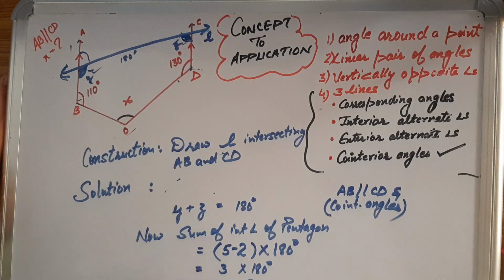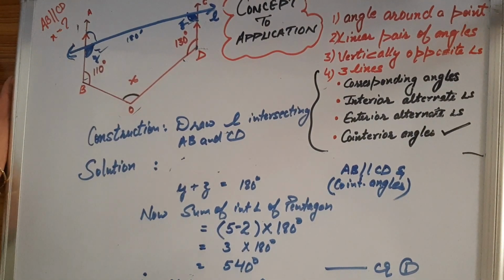Now you know, therefore, x plus 110 plus 130 plus y plus z is equal to 540 degrees. Okay? What can you write? You can label it as equation 1. Why are you writing it 140? In equation 1 I have proved it. No. Then